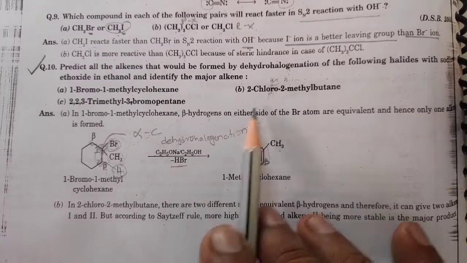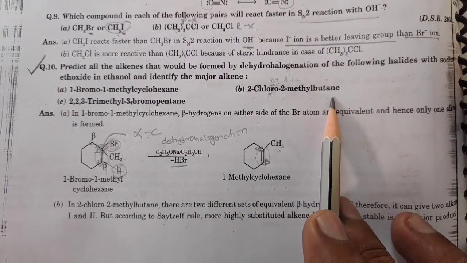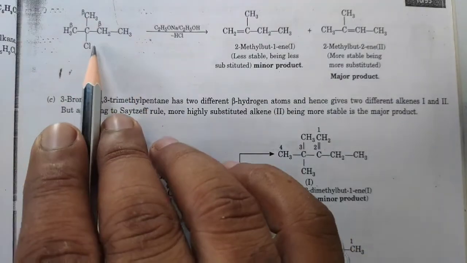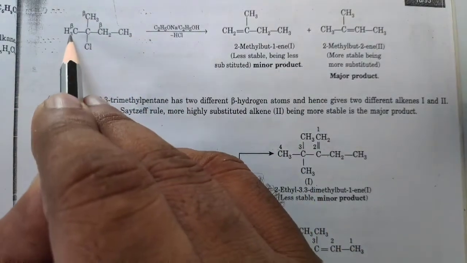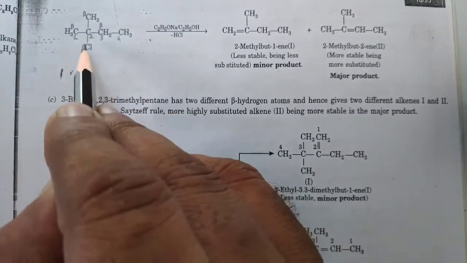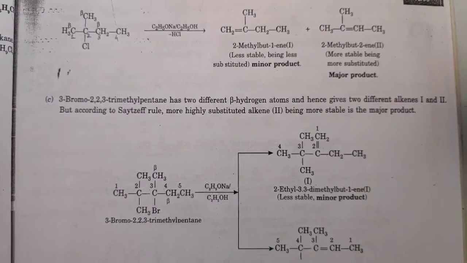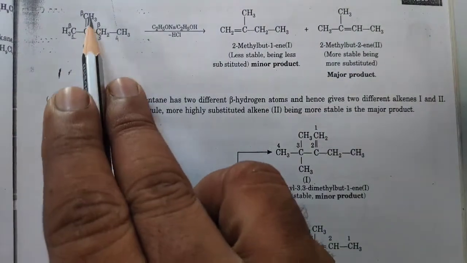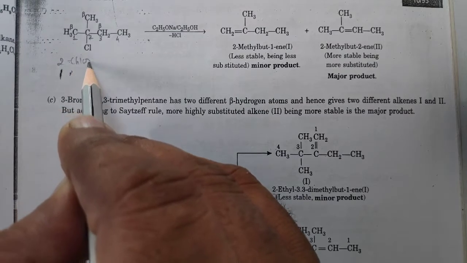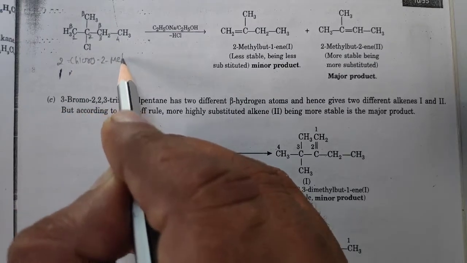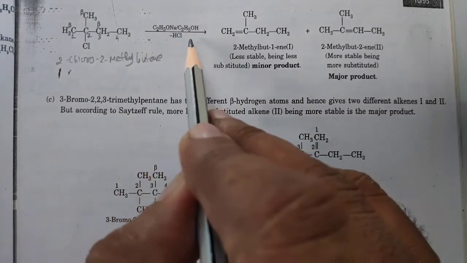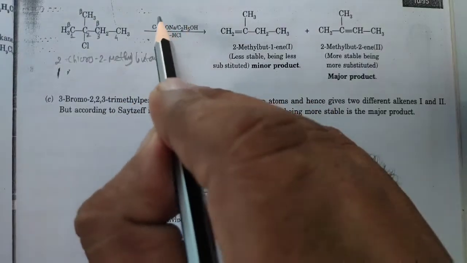Understood? Now second one, what is 2-chloro-2-methylbutane. See now, 2-chloro-2-methylbutane. You can see, I can number it here 1, 2, 3 and 4. So this is 2-chloro, 2-methyl, and 4 carbons means butane. This is 2-chloro, 2-methyl and butane, right? So same alcoholic KOH or like this what you can see. So this one is simple